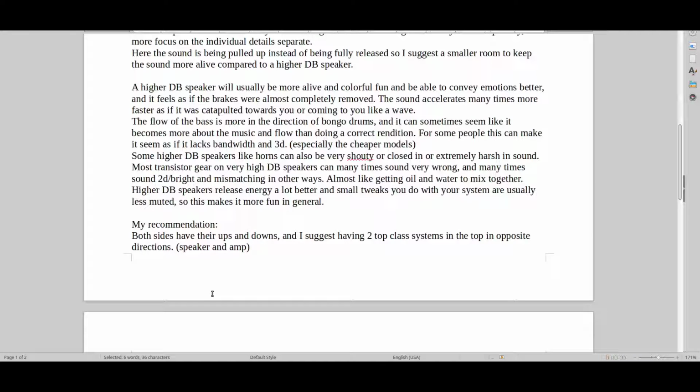So the sound will then accelerate a lot more than a low dB speaker, almost as if it's being catapulted towards you or coming towards you like a big wave. So again, the flow of the bass is more in the direction of bongo drums when we're dealing with high efficiency speakers. And it can sometimes seem as if it's more about the music and the flow than doing what's